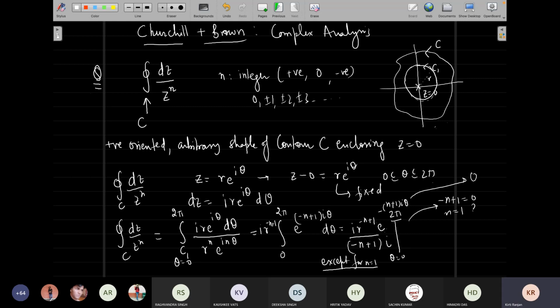So for n equal to 1, what will you say? Sir, 2πi. How did you get it? Calculation, sir. Very nice, excellent. So let's do the same calculation which you have done. For this case we will have to solve it explicitly, using the same method. θ goes from 0 to 2π, dz will become i z, r e^{iθ} only, i dθ. Of course, it will become z and you are just cancelling it, but I will still write it.